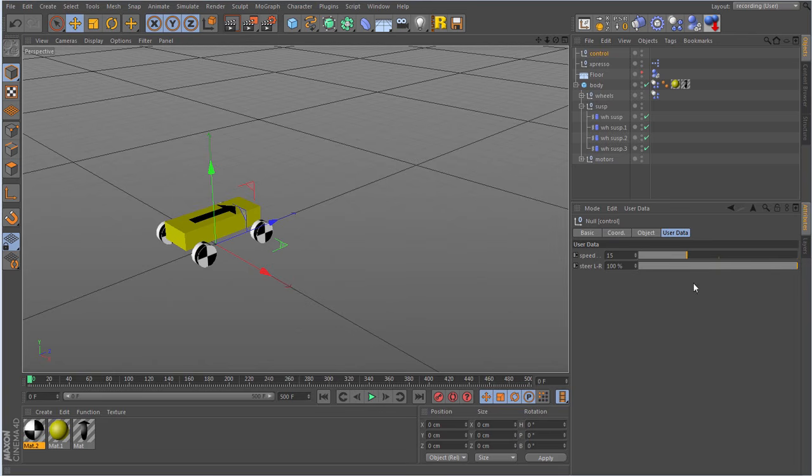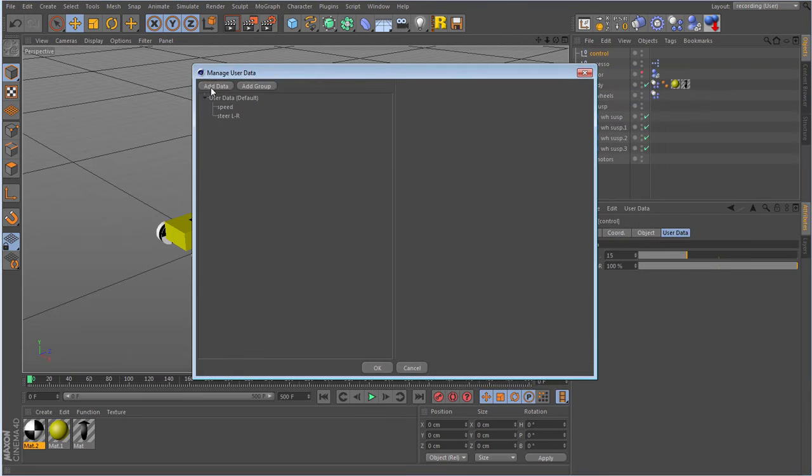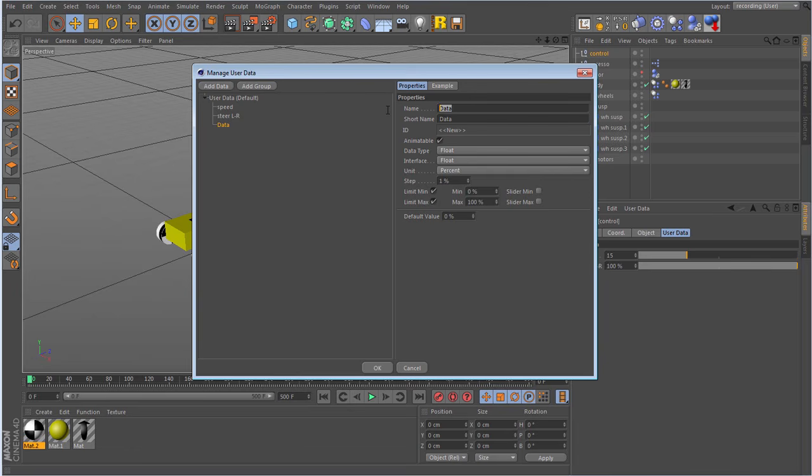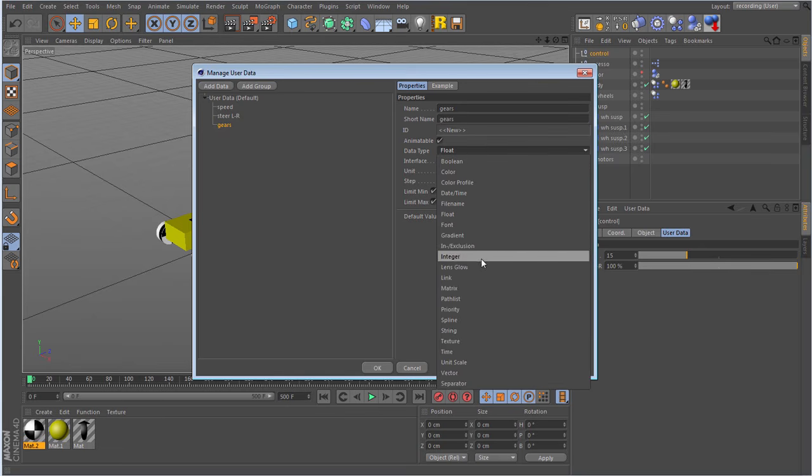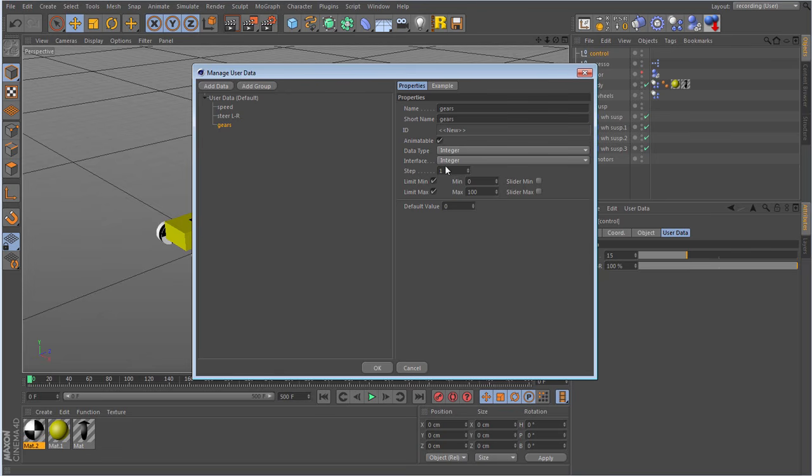Okay, now I'm going to put an elementary gearbox into my control panel. I'm just going to have 3 buttons for reverse, stop and forward, just so I can make my car go forwards and backwards. And the interface I'm going to have is going to look a bit like these buttons here. And in user data, these buttons are known as quick tab radio for some reason. So here we go, control, manage user data, add data. I'm going to call this gears. Now to use this quick tab radio, the data type has got to be integer. Okay, data type integer. Then for the interface we want quick tab radio.